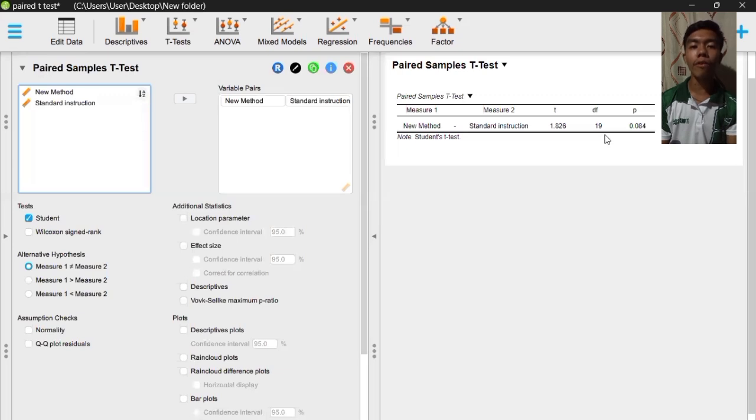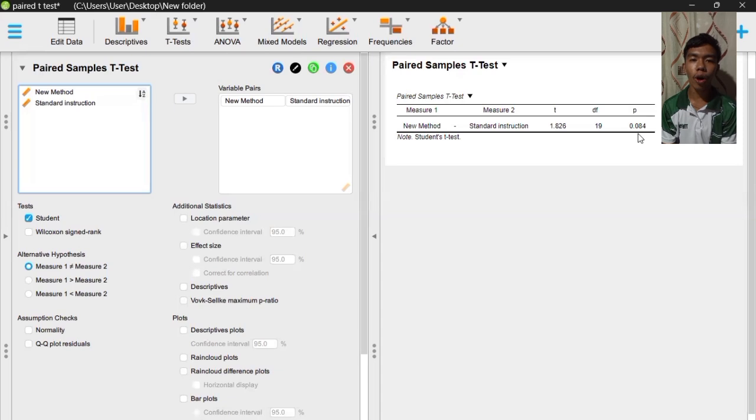Since our p-value is again greater than our significance value of 0.05, we can directly say that with the paired sample t-test, we can conclude that there is no significant difference in the mean amount of materials learned between the new method of instruction and the standard instruction.